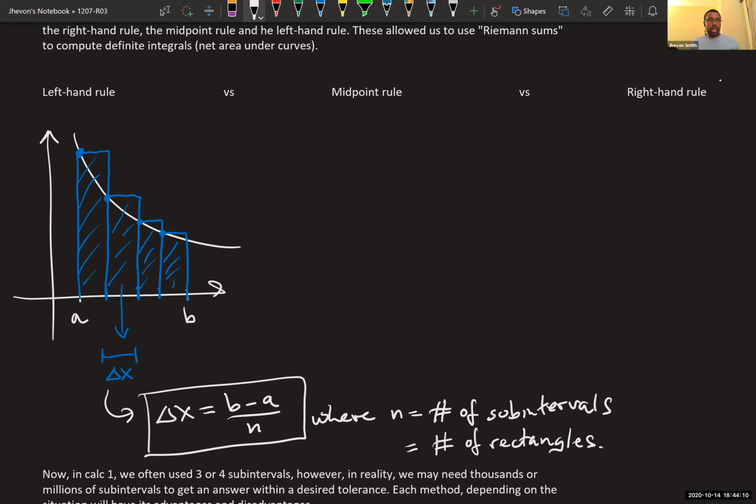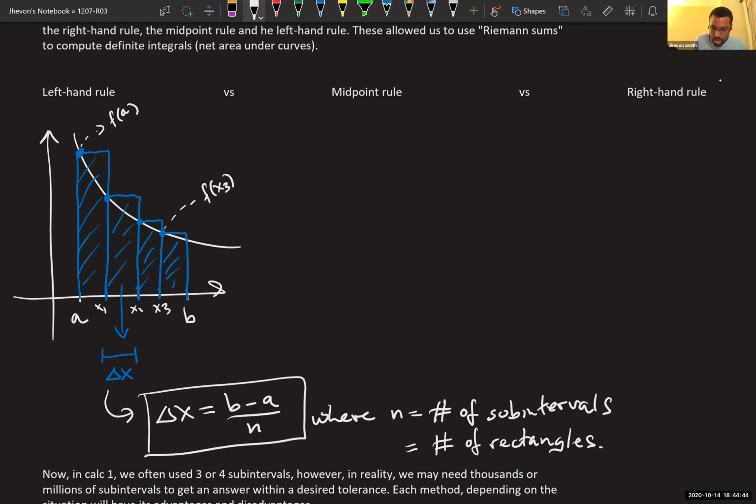Okay, so this was how you can approximate the area under a curve using rectangles, where the left-hand endpoint tells you how to construct these rectangles. And the heights of all these rectangles are given by the function itself. So the height of this one would of course be given by f of a. The height of this one, so this is like x1, x2, x3, would be given by f of x3, and so on. And we can add these all up.